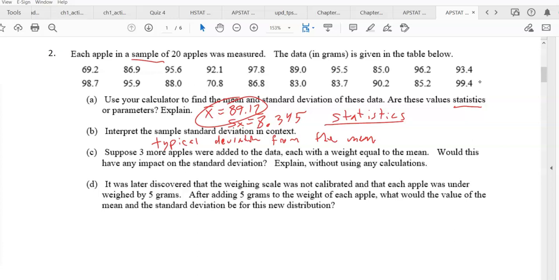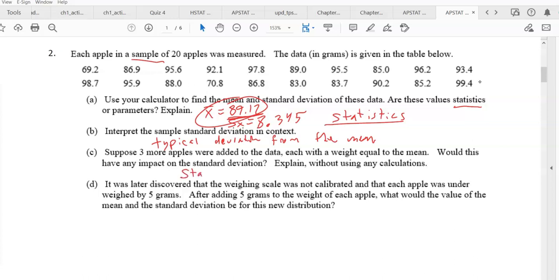So think about it, deviation from the mean. Those 3 values have no deviation from the mean. So I'm adding 3 values that have a deviation of 0 from the mean. 0 plus 0 plus 0. Is that going to bring the standard deviation down if more values are closer to the mean, or is it going to bring it up if values are further away from the mean? I think more values are closer, so I would say the standard deviation of apple weights